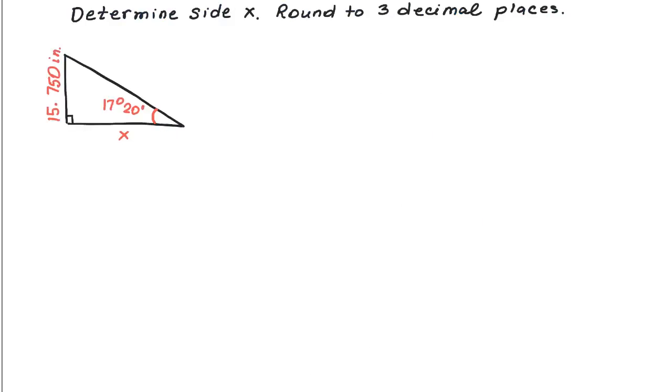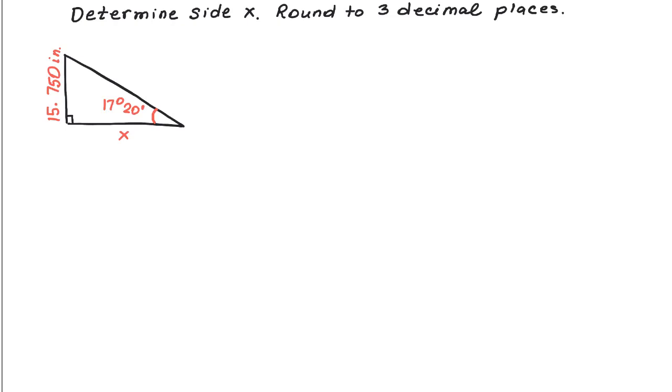In this triangle, we are given one side of 15.750 inches and one angle of 17 degrees and 20 minutes. We have to find side X. Because we are given an angle and the opposite side of this angle, and we have to